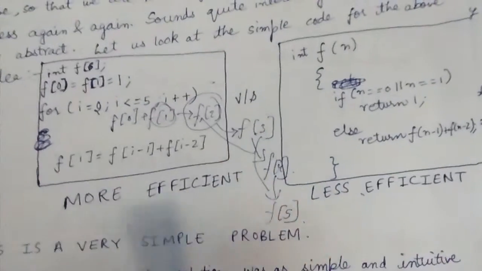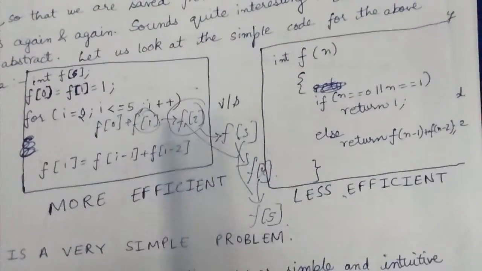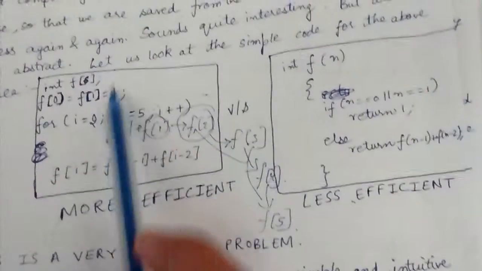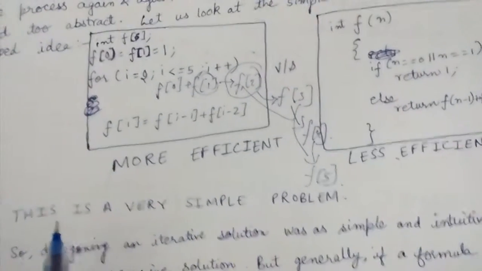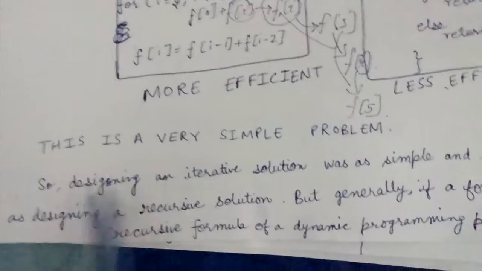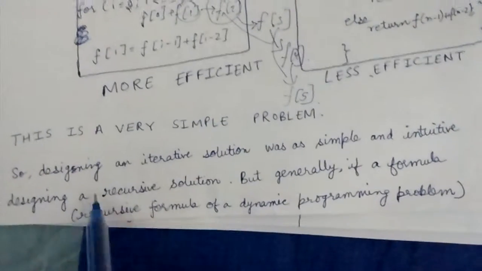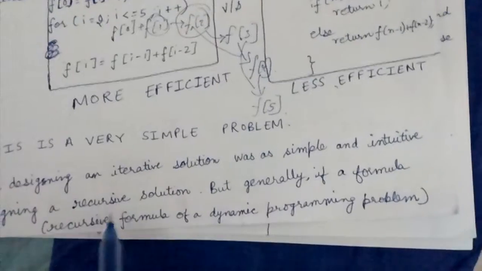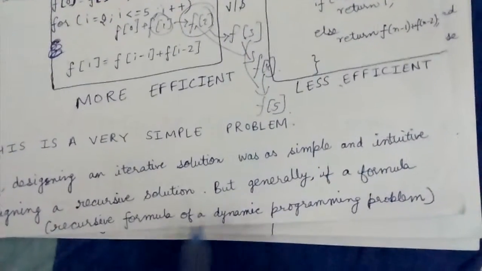So dynamic programming is quite useful, and the code complexity looks almost the same. These are 3-4 lines of code. This is also 3-4 lines of code. So this is a very simple program. Designing an iterative solution was as simple and intuitive as designing a recursive solution. But generally, if the recursive formula for a dynamic programming problem